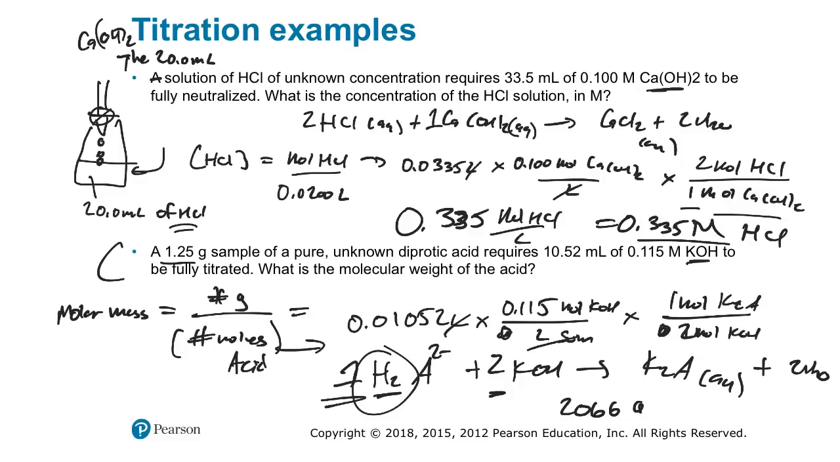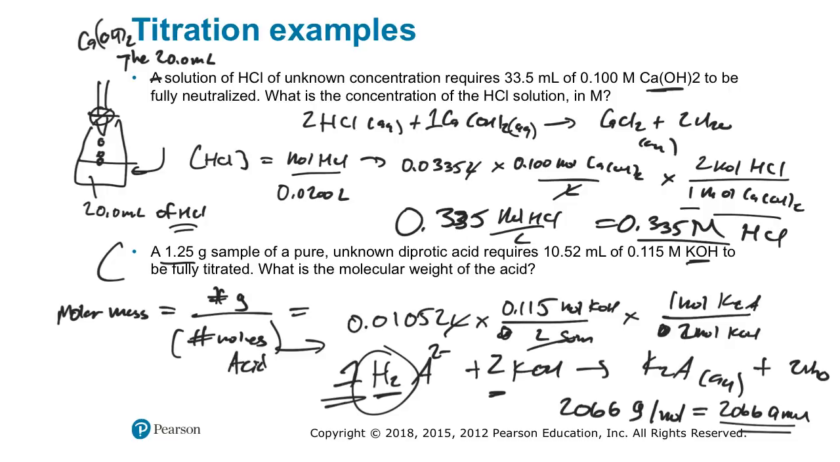2,066 grams per mole. And of course that'd be 2,066 AMU for the atomic weight or the molecular weight of this acid. So 2,066 grams per mole, molar mass. If you want the molecular weight, usually in AMU, 2,066 AMU. Okay, so two, I think, tricky problems on titrations, but two very approachable problems